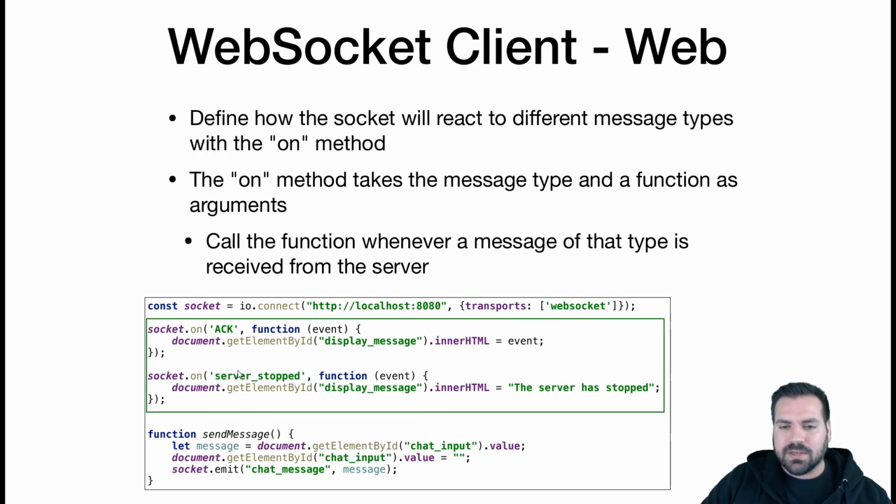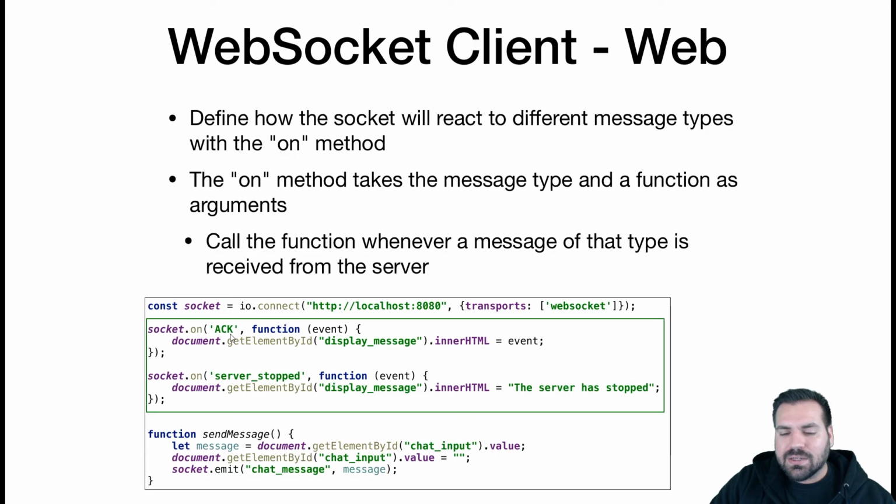And to specify how our client is going to react to messages, we're going to use the socket.on method. The socket reference for our connection, we can think of this as a reference to the server. And we're going to say on. So on messages of type ACK, call this function. We're using first order functions in JavaScript now. So in case you weren't ready for that one, surprise. So socket.on, so when I receive a message of type ACK from the server, call this function, this anonymous first order function,